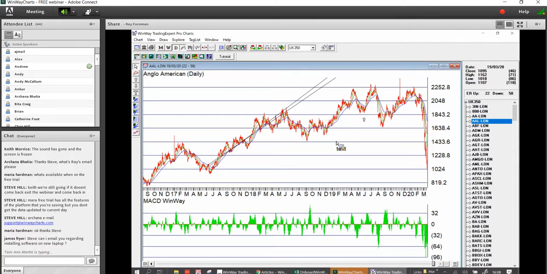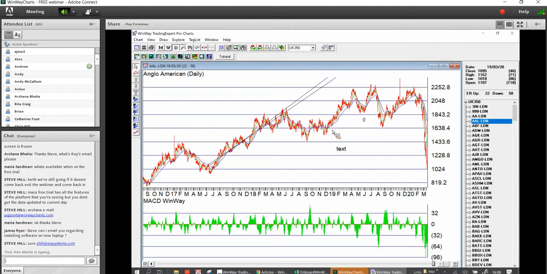So I want to move on now to maybe some more sophisticated things, because a chart package, after all, is just a chart package. And there are lots of chart packages out there. And you can say, well, Ray said that this is good because it's an application and you can really trip through stocks. That's great, that's fine, but that doesn't really justify the whole thing. What starts to justify you using WinWay as opposed to any other charting package, some of which are free and very good charting packages, is what AIQ and WinWayCharts now start to do,